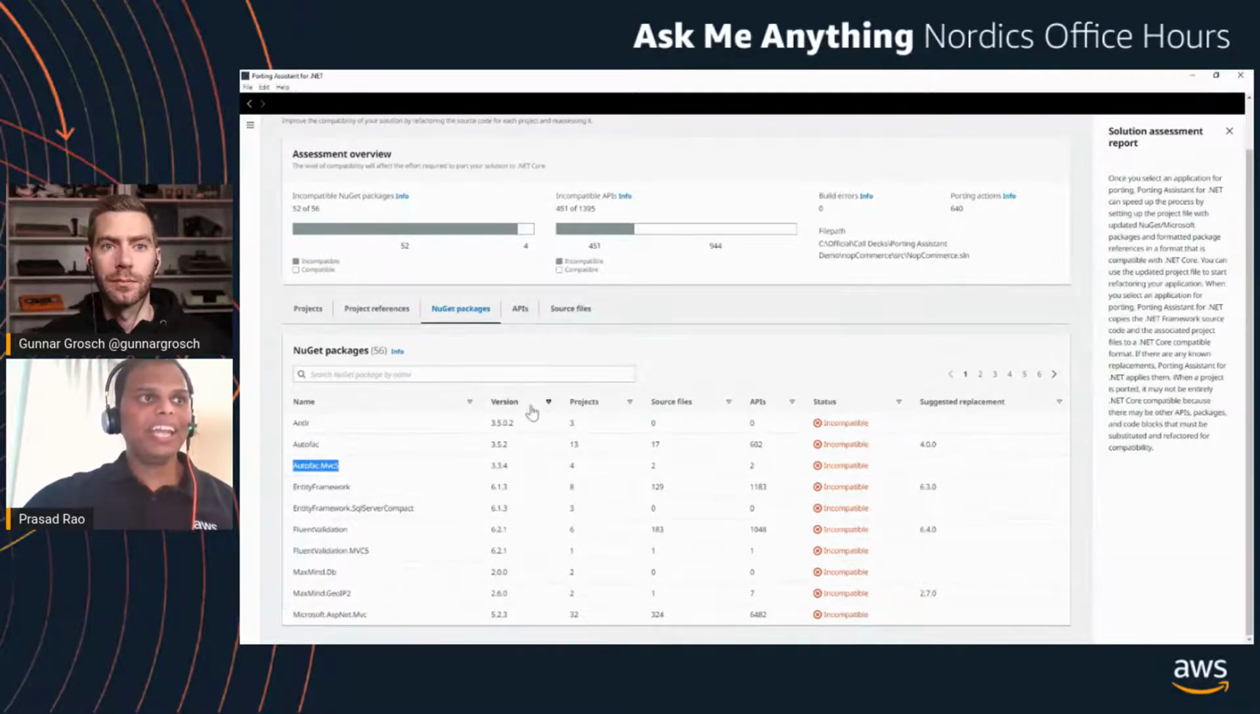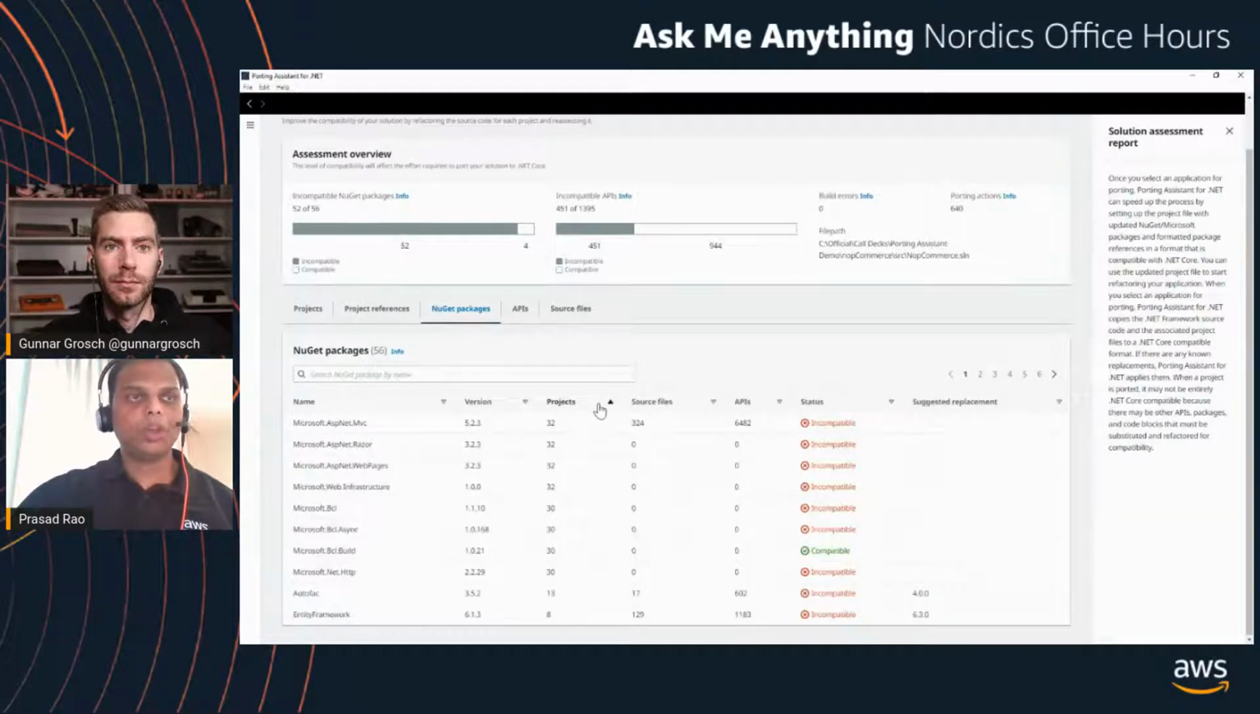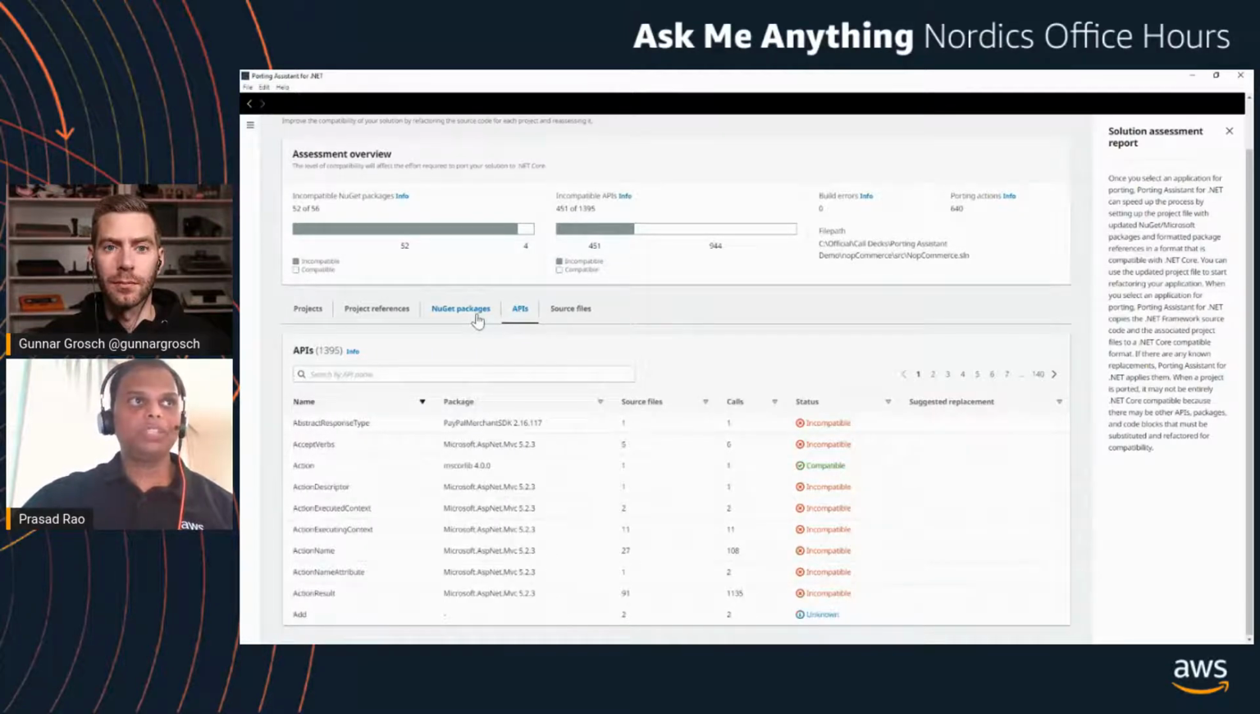Again, similar stuff. We can always sort it by these. For example, Microsoft ASP.NET MVC has been used in 32 projects, right? Out of the overall 35 projects, 32 projects are using this particular DLL, and so on and so forth. Moving on to the APIs. Now that was pivoted based on NuGet packages. This is pivoted based on APIs. Again, similar information, right? How many source files it is being used in, how many calls it is being made,